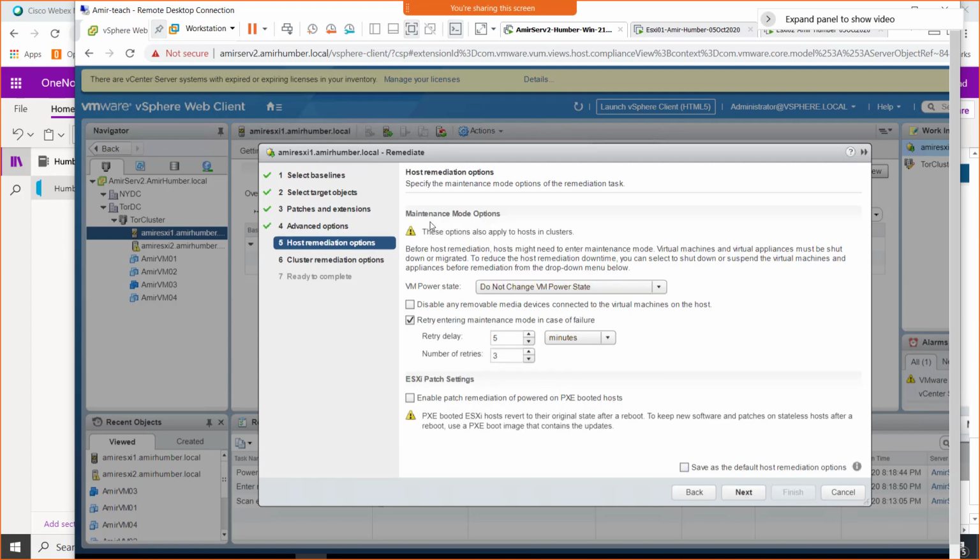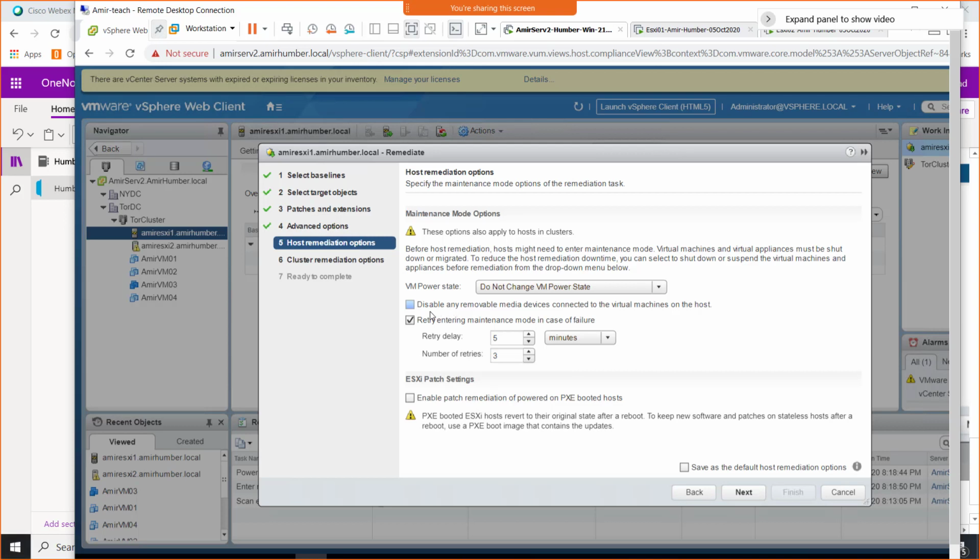Now here it says disable any removable media devices connected to the virtual machines on the host. With virtual machines, if any removable devices are connected, suppose some appliances are actually mapped to an ISO, say a Windows 2016 or Windows 2012 ISO file mapped to the DVD of the virtual machine.